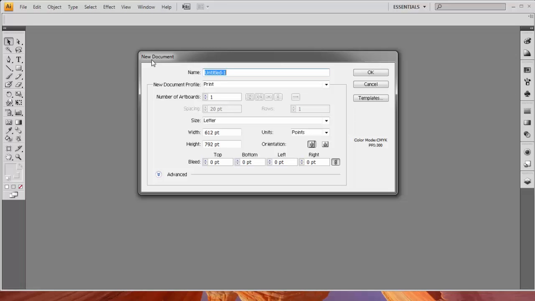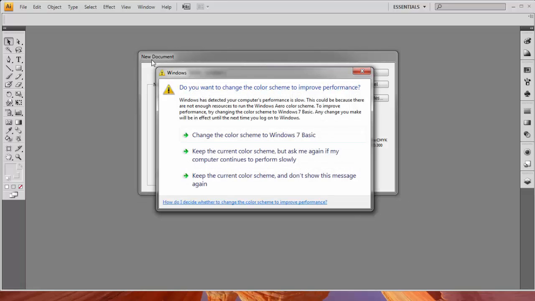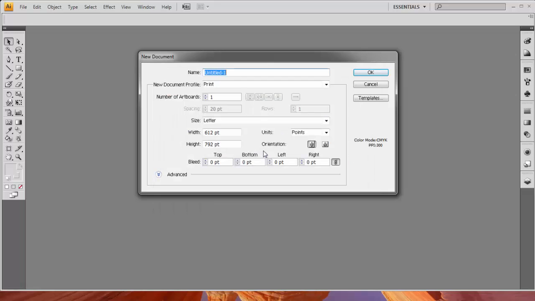Here you will be able to set up the correct page size and the orientation of your document. Options included but are not limited to page size. Choose a page size from the menu or type values for width and height.